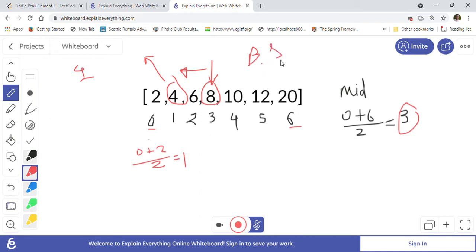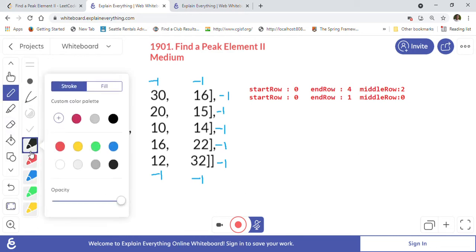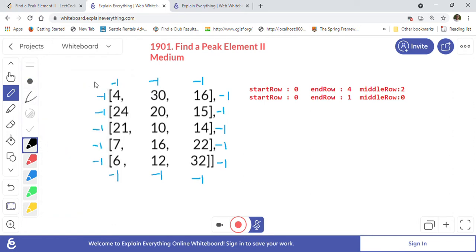Now let's look at the example that is given to us. This kind of matrix, let's say, is given to us. This is the input matrix, and the matrix is surrounded by -1 as they already stated in the problem.